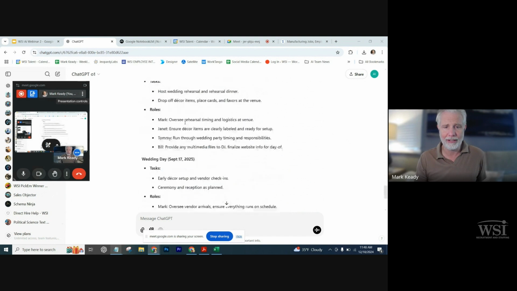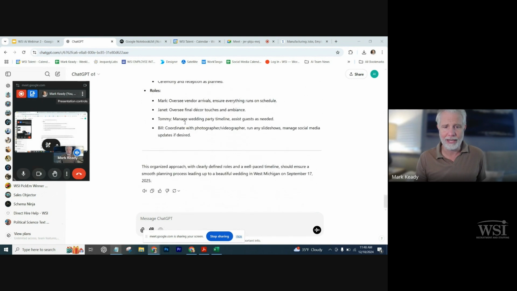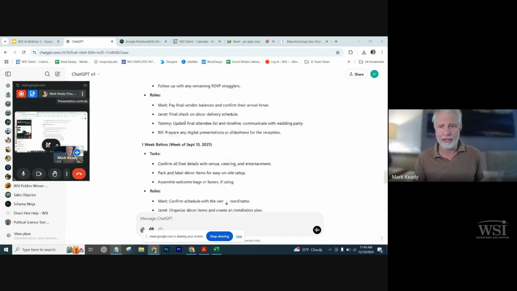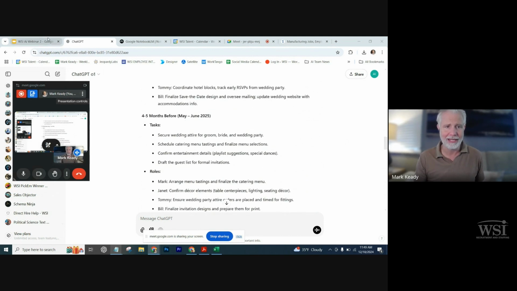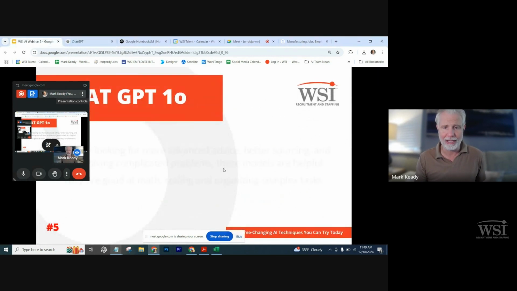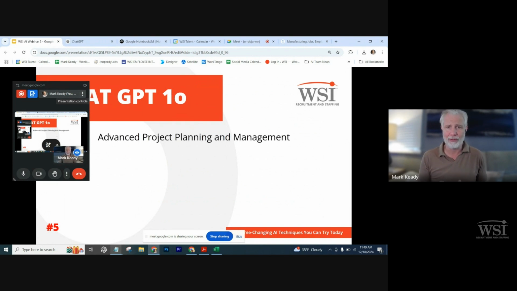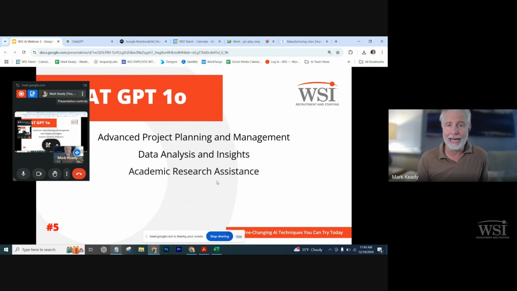Just really exciting ways that o1 can formulate tasks, break things down, and do complicated tasks. And this, like I said, is really just kind of the beginning, especially if you know how to code or anything like that. o1 is going to do really solid work in helping you code. Also, like I said, works with advanced project planning and management, data analysis as well. You can put spreadsheets into o1 and watch it go crazy. You need an academic assistant for any major topic.